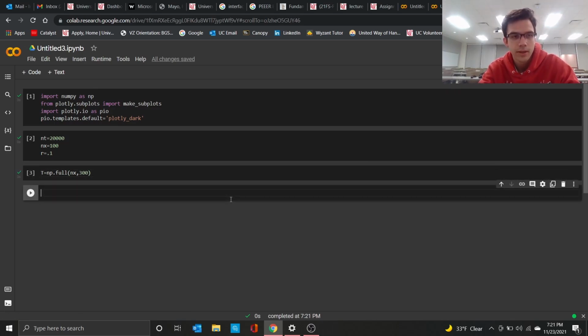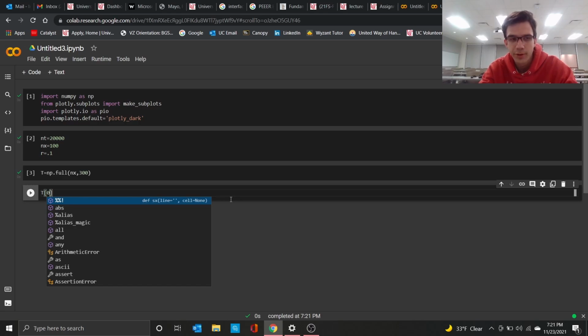Shift Enter. Yep. And so now let's think about our boundary conditions, the things that are happening at the ends of our bar here. So we said we're raising one side up to 400 and we're raising the other side up to 350. So let's define from our matrix here